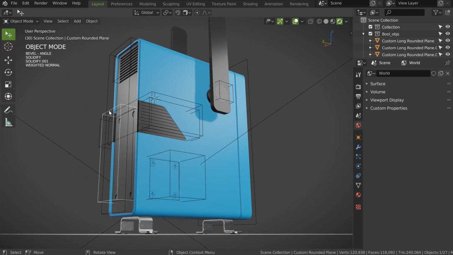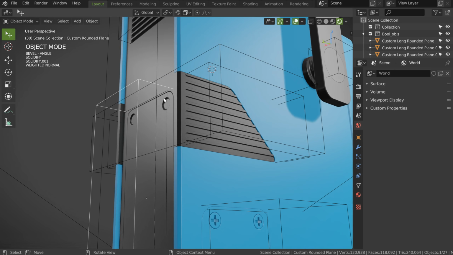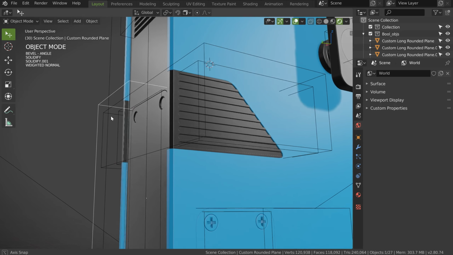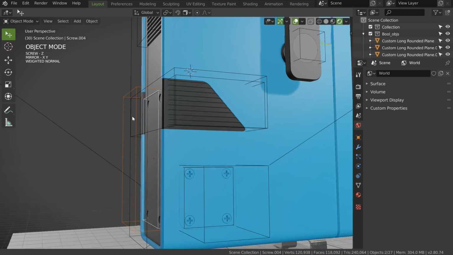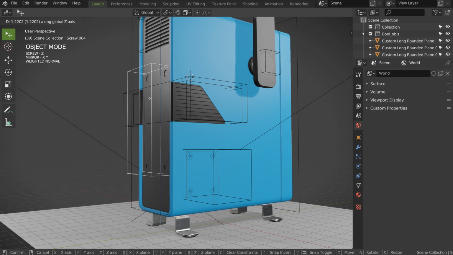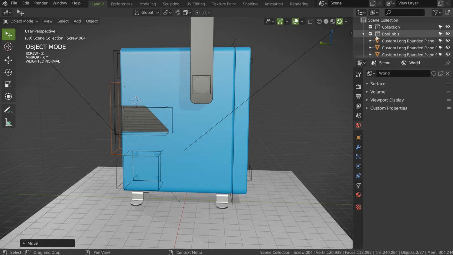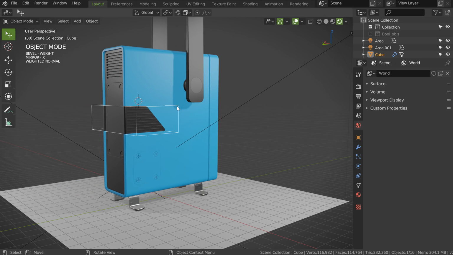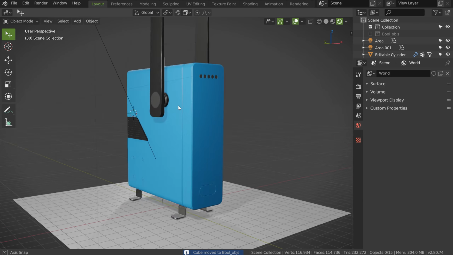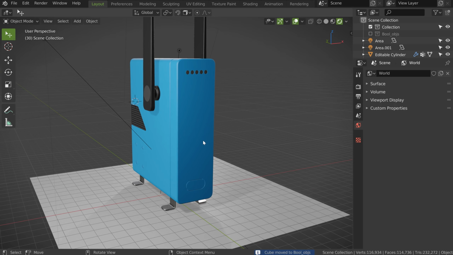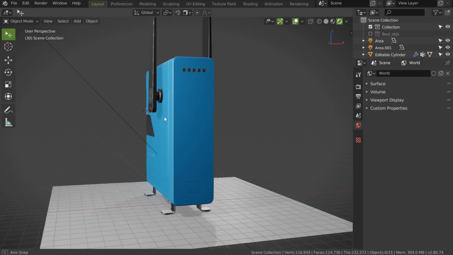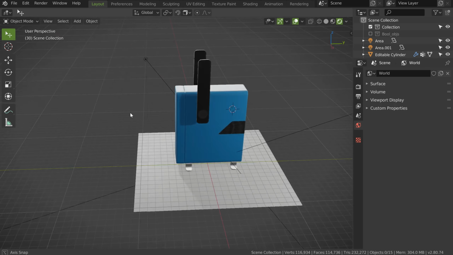And to break this part, I will move this one here, like that. So, hide the bool object, move this one to the bool object, sorry for that, and this is our result. In fact, we could make this here too, but I will keep it like that.